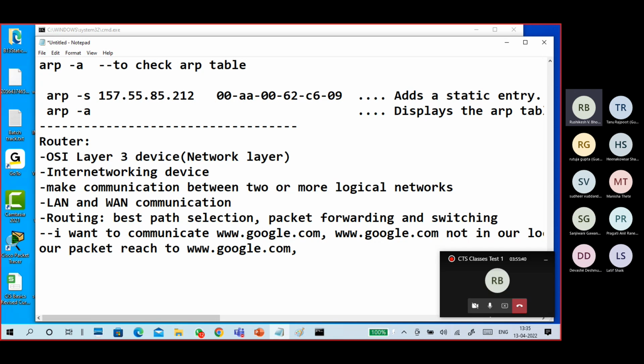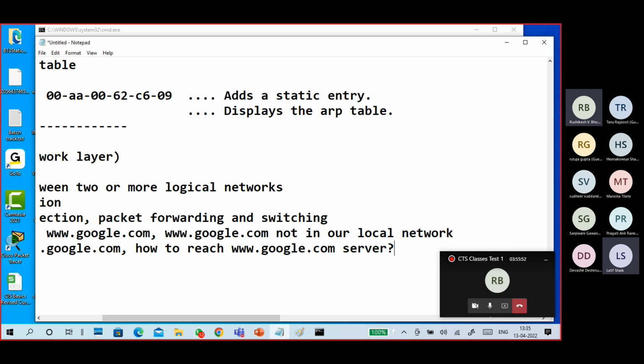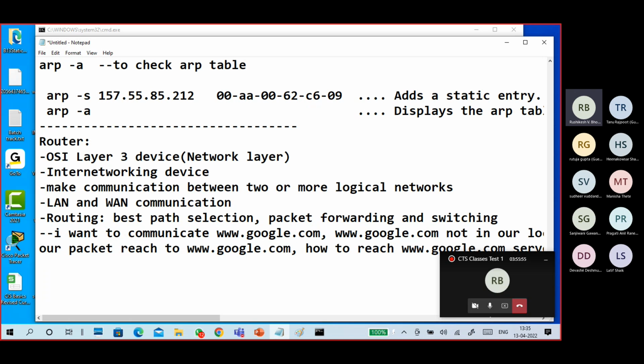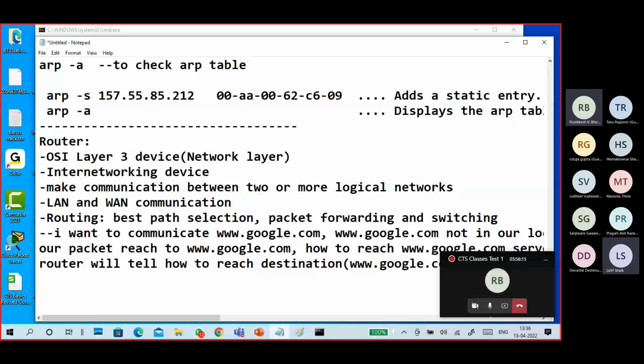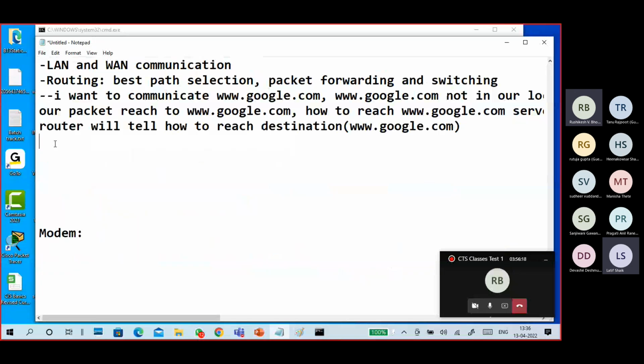The question is how to reach the www.google.com server. It's a big question. So the router will tell how to reach the destination, in our case www.google.com.